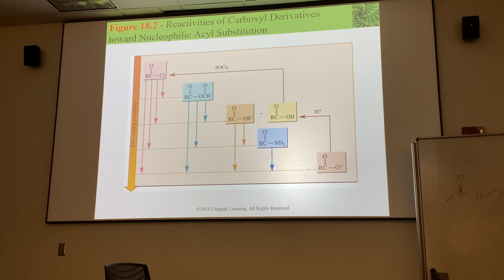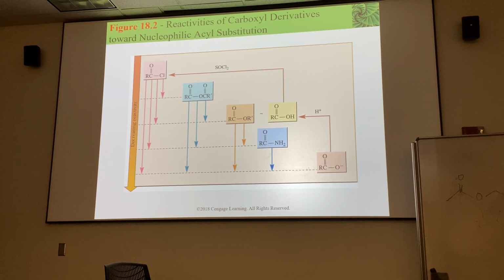Top, more reactive; bottom, less reactive, and these arrows are going to be ways that we can turn each of these into whatever else. So basically, the only ways to go uphill are going to be